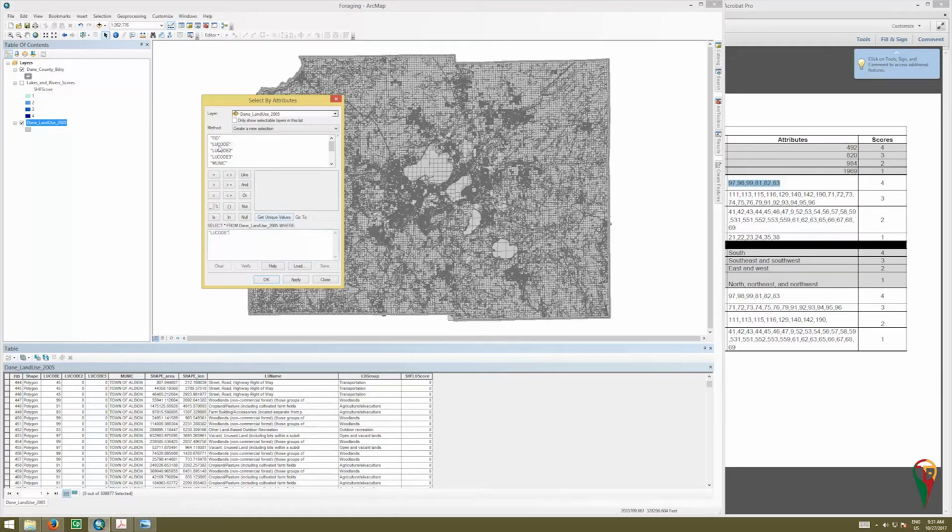So I'm going to do LU code equals, and then I'm going to type in my numbers, so 97, and then I'm going to remember we need a modifier, so or, and then we're going to do LU code equals, and then the next number, 98, we'll do or LU code equals 99, or LU code equals 81, or LU code equals